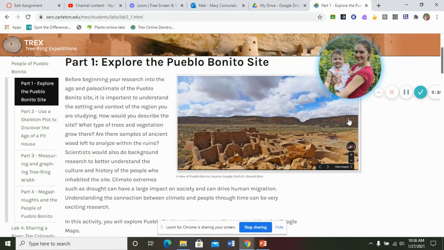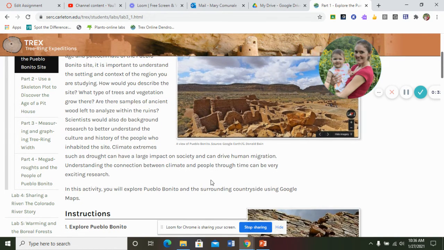How would you describe the site? What type of trees and vegetation grow there? Are there samples of ancient wood left to analyze within the ruins? Scientists would also do background research to better understand the culture and history of the people who inhabited the site. Climate extremes, such as drought, can have a large impact on society and can drive human migration. Understanding the connection between climate and people through time can be very interesting